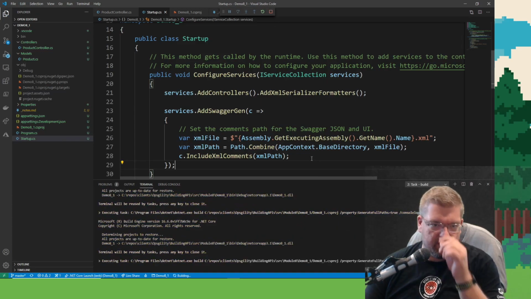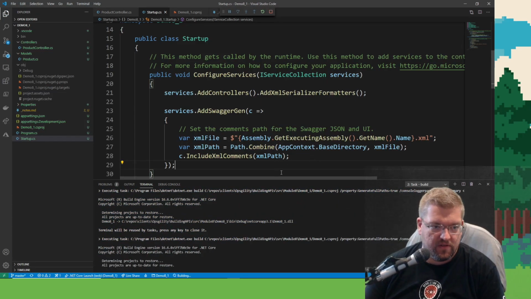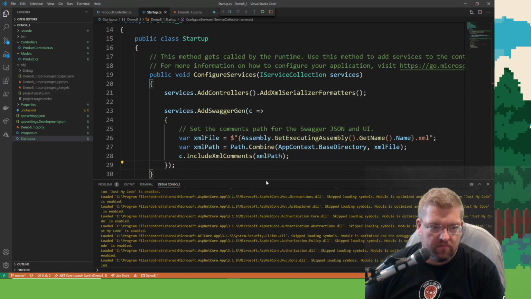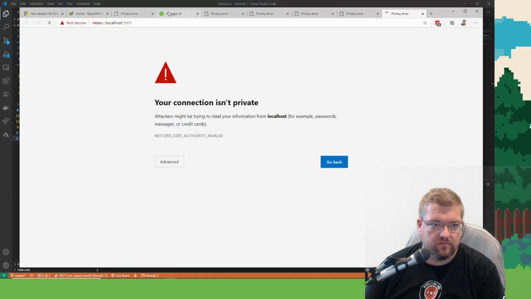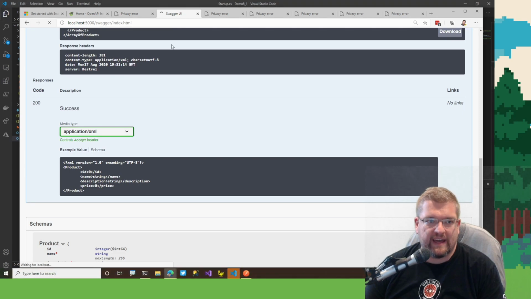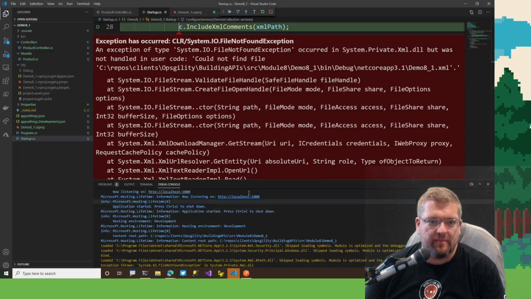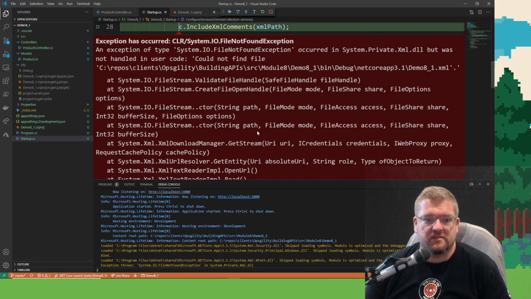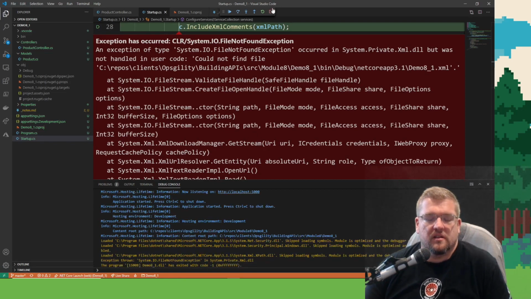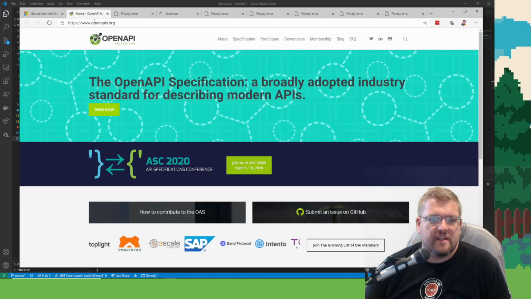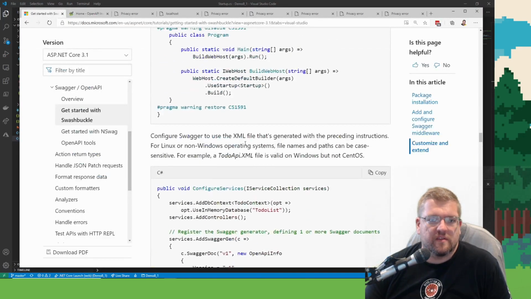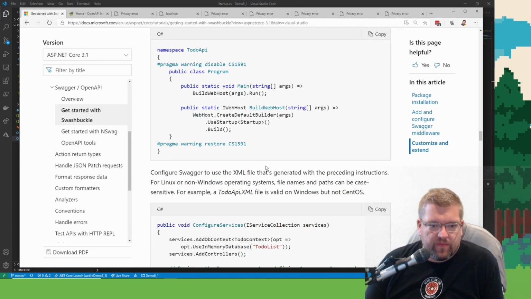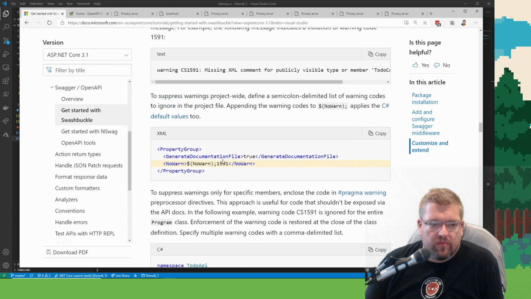Ooh, all right, let's go ahead and run this again. See what happens. Let's load Swagger. Oh, something happened. File not found. All right, I missed a step. What step did I miss? Oh, generate documentation file.